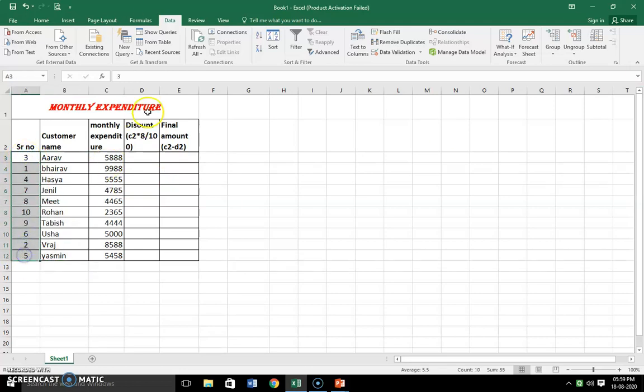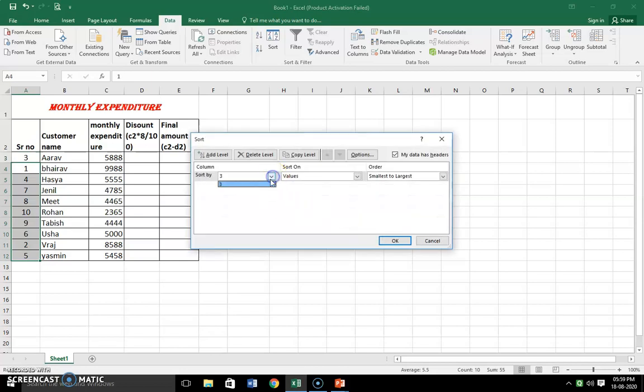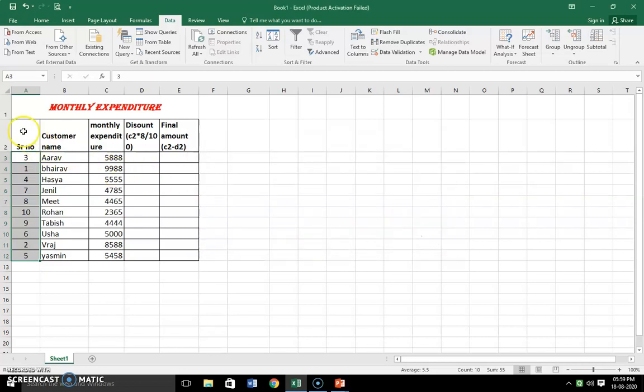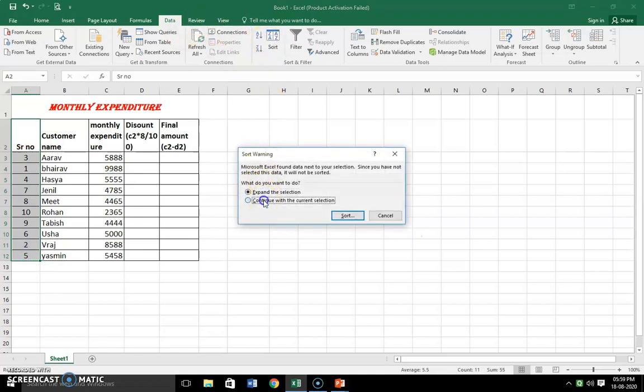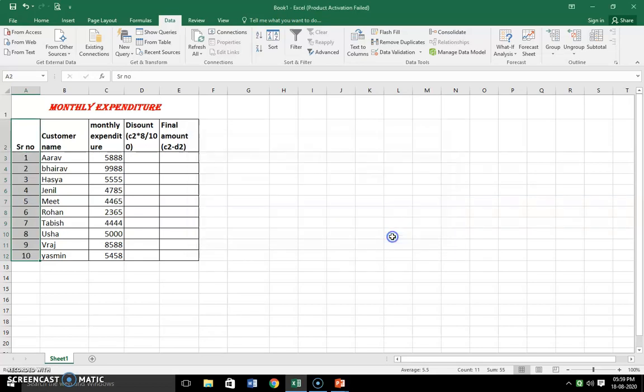So I will select that column. Again I will go to the Data option and click on Sort. Here I can go with the second option, continue with current selection, and then sort. It will ask again on serial number, depends on values, smallest to largest, and then I will click on OK.